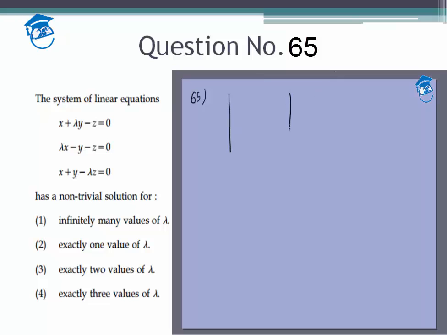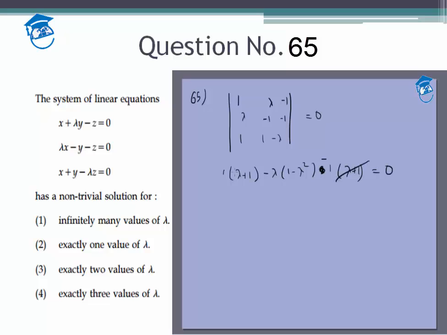So we'll simply get 1, lambda minus 1, lambda minus 1, minus 1, 1, 1, minus lambda is equal to 0. This turns out to be 1 times lambda plus 1, minus lambda times minus lambda squared plus 1, minus lambda squared plus 1 times minus 1 times again lambda plus 1, and this